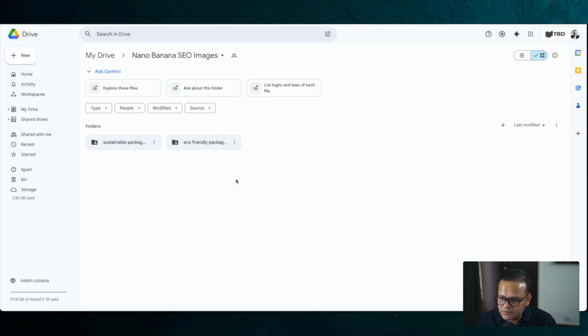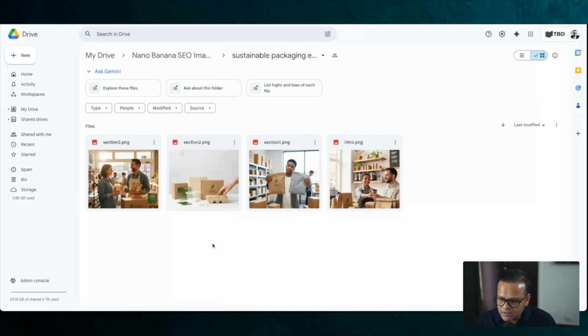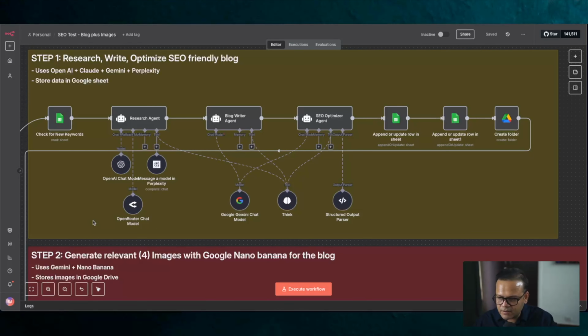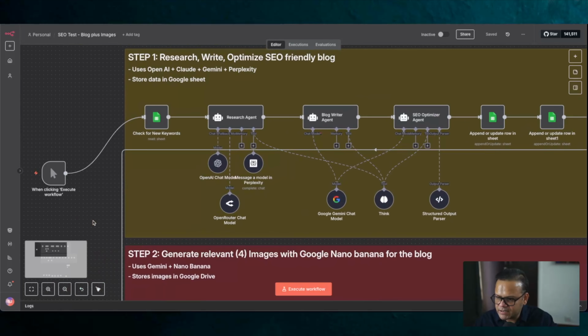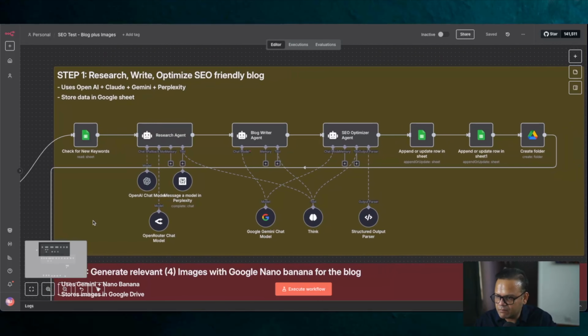These images are also getting stored in their individual folders, which are also getting created automatically based on the keyword. Within the folders, we have all the images that you can use. Talking about the workflow, right now I'm using a manual trigger, but you can get this triggered by, as soon